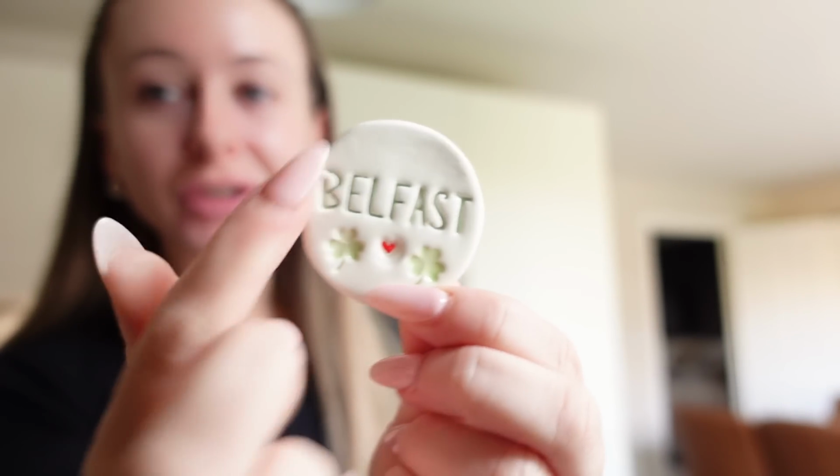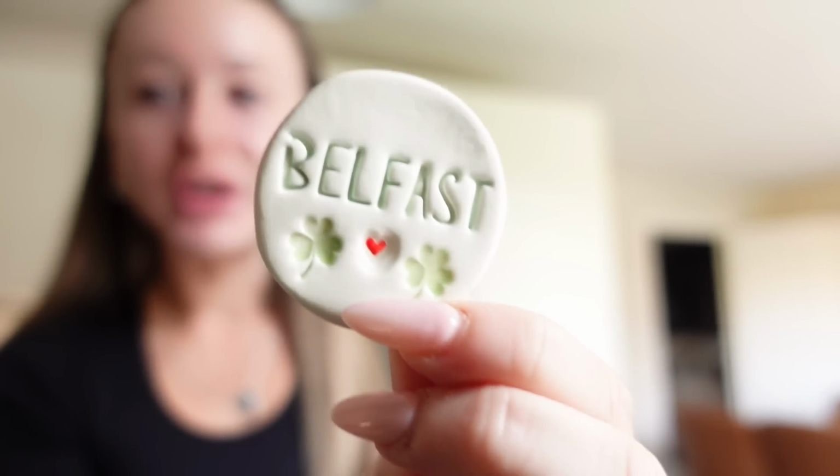And then I was like, let's just have one more look around, and we found this gorgeous stall. I don't think I've got the name of the lady that makes them all, but she did the prettiest little clay decorations. She had Christmas tree decorations and little plaques and stuff like that. So it's handmade, and I just think that is the cutest thing. So I'm gonna stick it. Let's stick it on our little